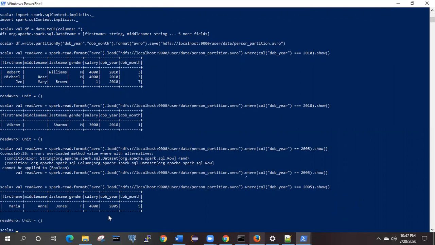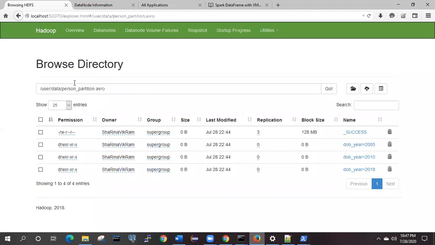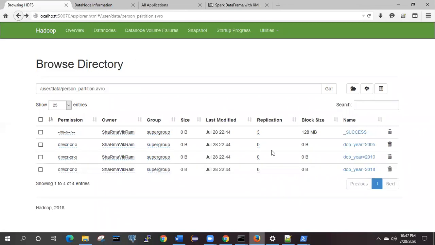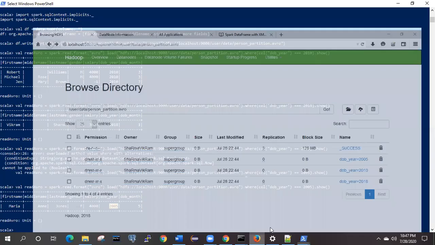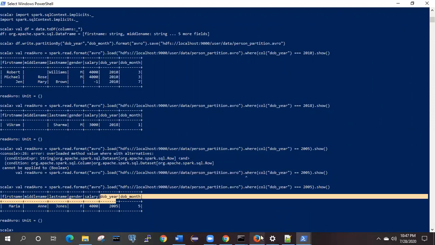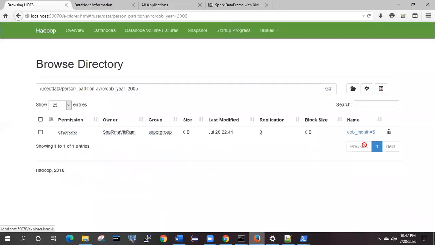Now you can see this is the partition data which is present in the Avro file format. If we classify it, this is the data with date of birth 2005.